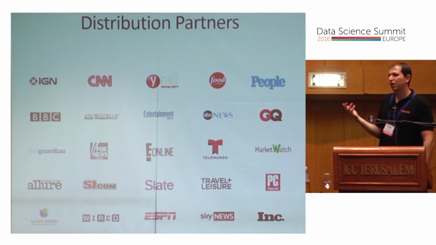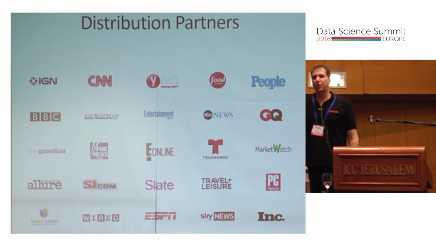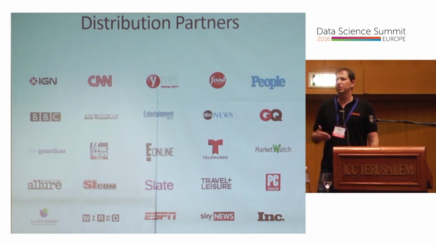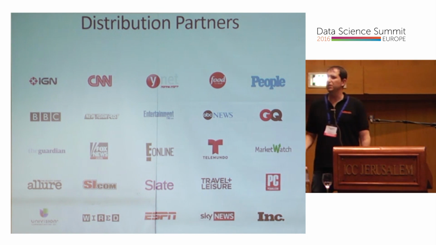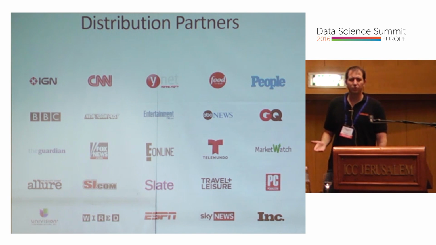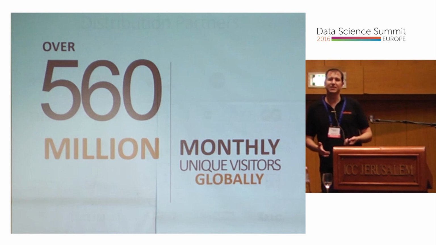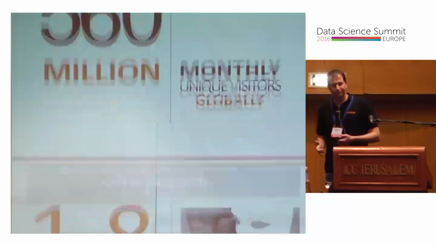To give you some grasp of how many users we reach every month, our distribution publishers, partners are among the largest publishers and most distinguished publishers today. They range from CNN in Israel to Ynet, Fox News, ESPN, Time, Washington Post, and all of these give us a reach of over 560 million users every month, which is quite a lot.